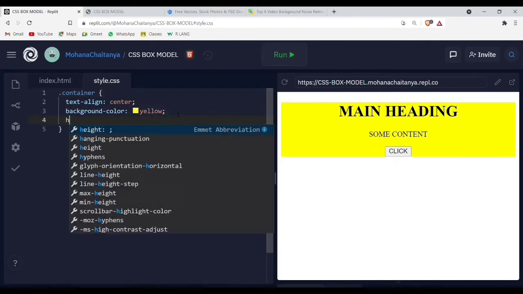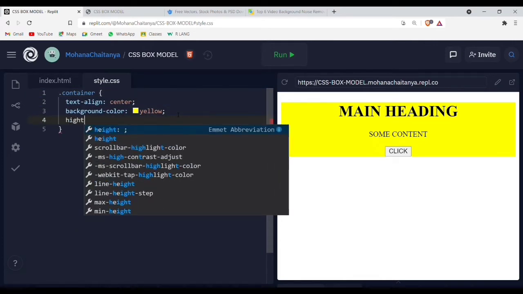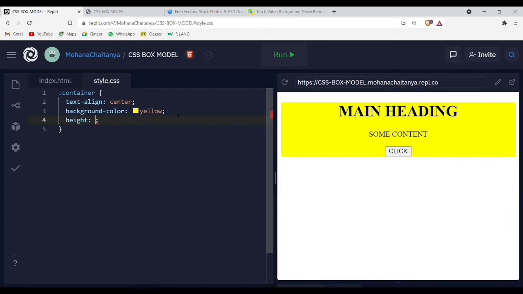Let's give height as some 200 pixels and width as 280 pixels. Let's try to run this.